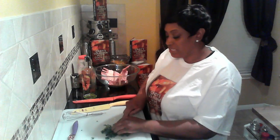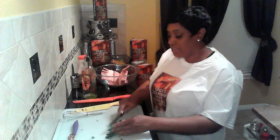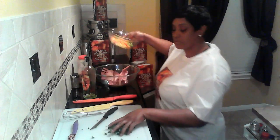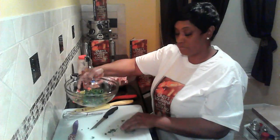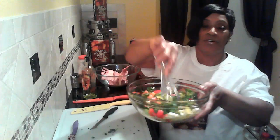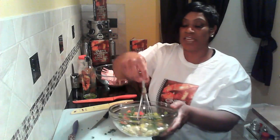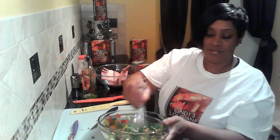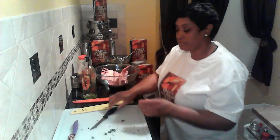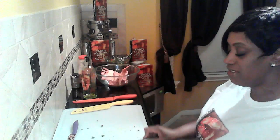So I'm just cutting up some fresh parsley to add. I've added it to the olive oil. We're going to give that a little swish around, swish around. Nothing fancy. It doesn't take a lot to create some delicious, healthy